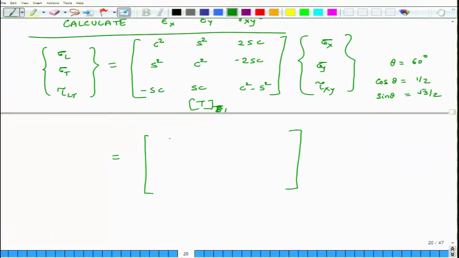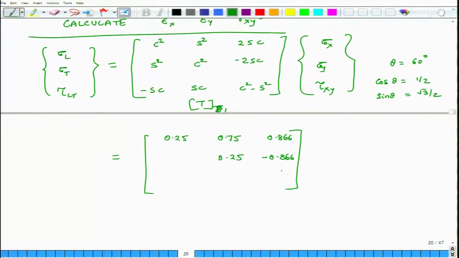So, what are those values? I have 0.25, this is 0.75, and this is 0.866, 0.25, minus 0.866,